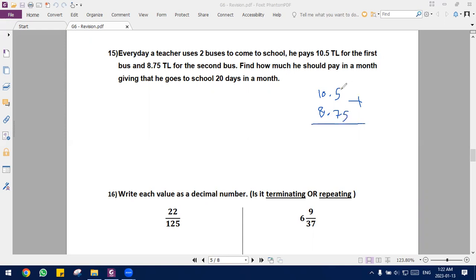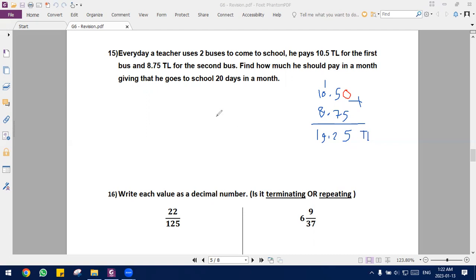Now, if you see here in the first one, we have only one digit after the decimal point, but in the second one, we have two digits. So here, what do we have to do? We need to add 0. That has no meaning here, okay? But we should add it so we can make the addition or the subtraction. If we have 0 and 5, 5, 5 and 7, 12, so we have 2, we carry 1, 1 and 8 is 9, and then here. So 19.25 TL, this is for 1 day